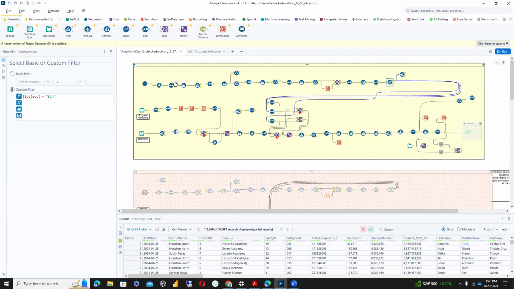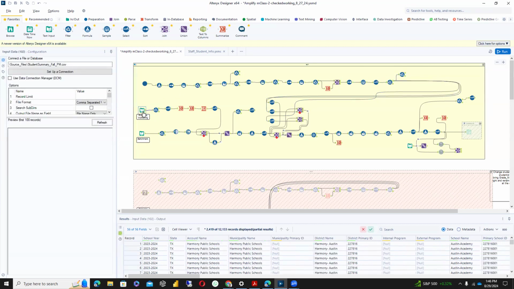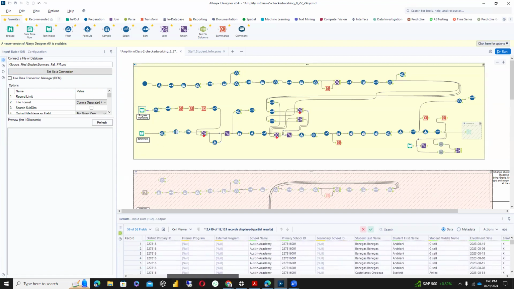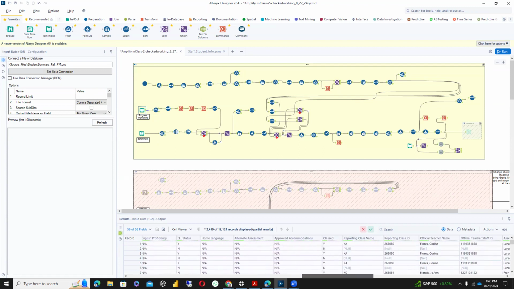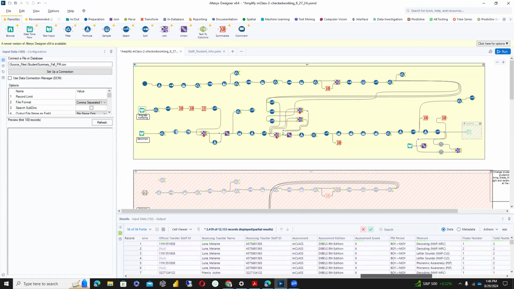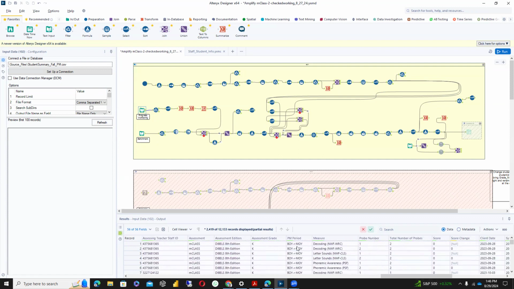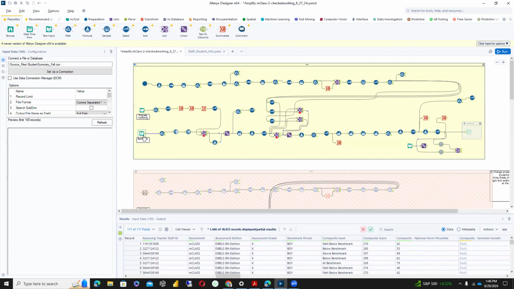This part is only checking if the teacher is active. So this one is the progress monitoring file for fall 2 p.m. So here it's just the very first, I think, progress monitoring file from BOY to MOY. And then this one is the benchmark results, student summary fall. And this one, although it comes in